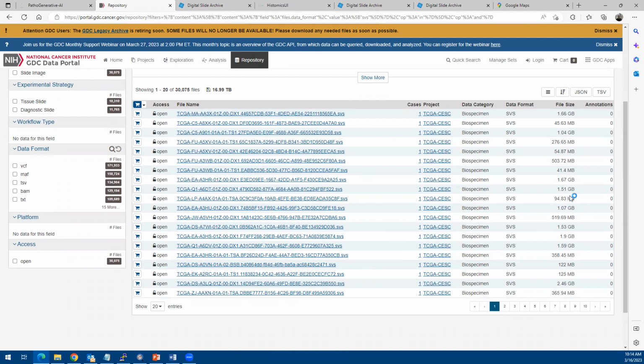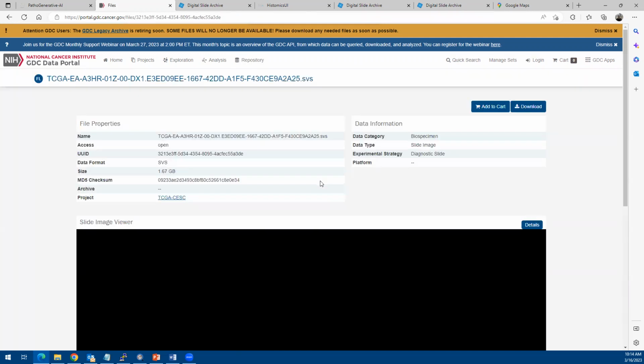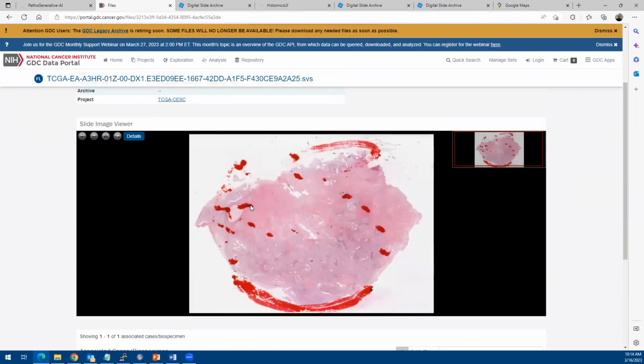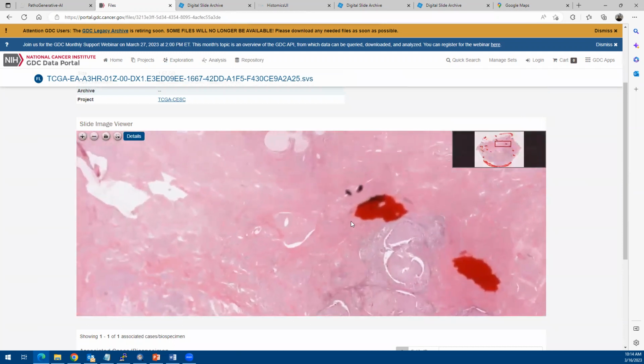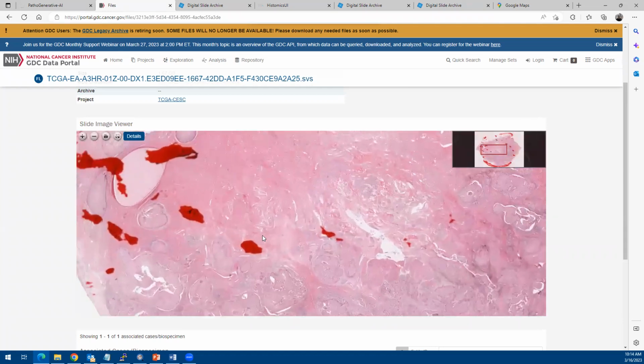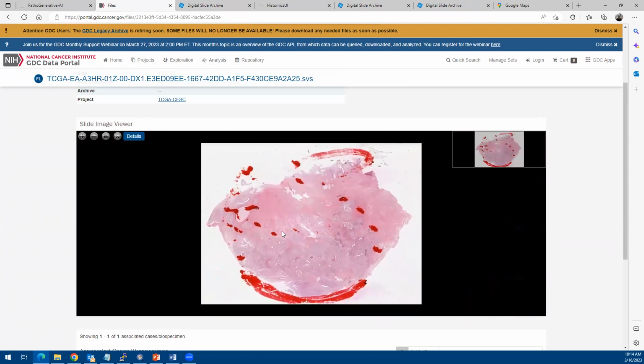So if we just select one of them, let's select this one and see. Oh, yeah, so you can see it here. Okay, so depending on the study that was conducted, there is a lot of information that can be seen here as well. So the task that I'm requesting from you is that you navigate through the whole slide images available on this web portal and select two SVS files and download the files